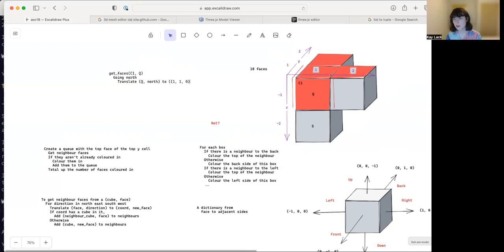If we are at 1, 1, -1, we want to be at 1, 1, 0. And the new face would be